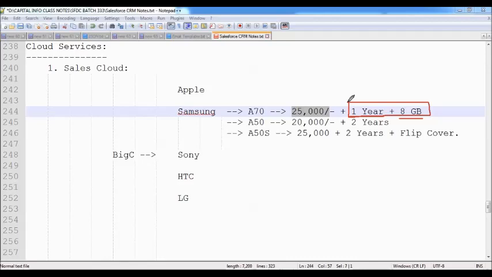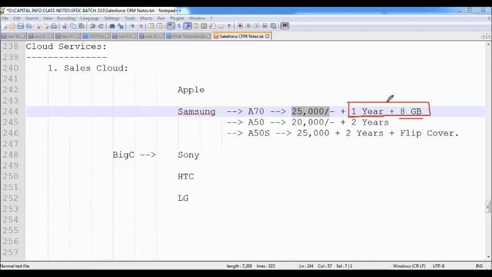That means you can't enjoy these benefits lifelong. These benefits are available only for a certain period of time, to increase the sales, to close more deals, to sell more products, to generate more revenue, to get more profit out of it. For that reason, they follow these kinds of processes. This is their approach: they follow these kinds of strategies to sell more of their products, and to attract the customers, they offer the various benefits.